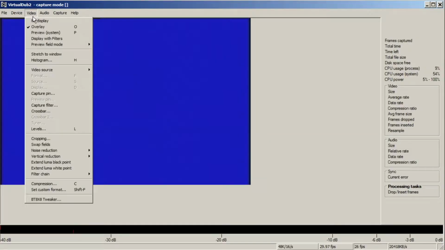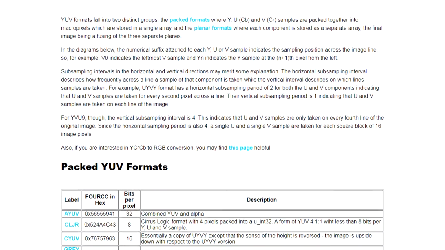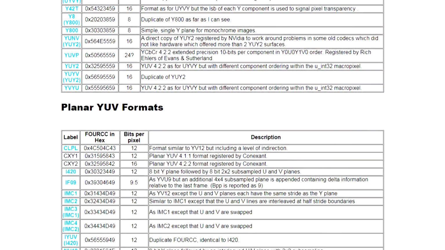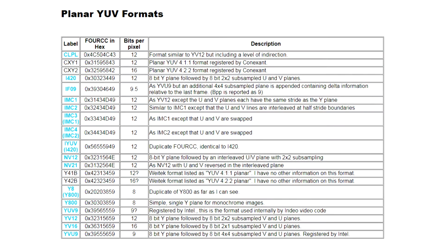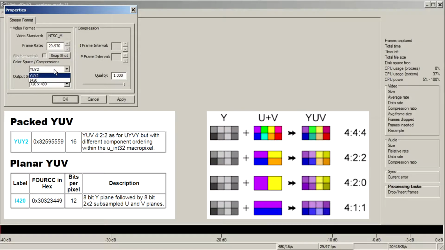In Capture Pin, I double-check the video standard and the frame rate, which should be 29.97 for NTSC and 25 for PAL and SECAM. Color space shows 4 character abbreviations of supported color subsampling schemes. Navigate to 4CC website for the explanation. See the link in the video description. In my case, Dazzle offers YUY2, which is a variant of 422 color subsampling, and I420, which is a variant